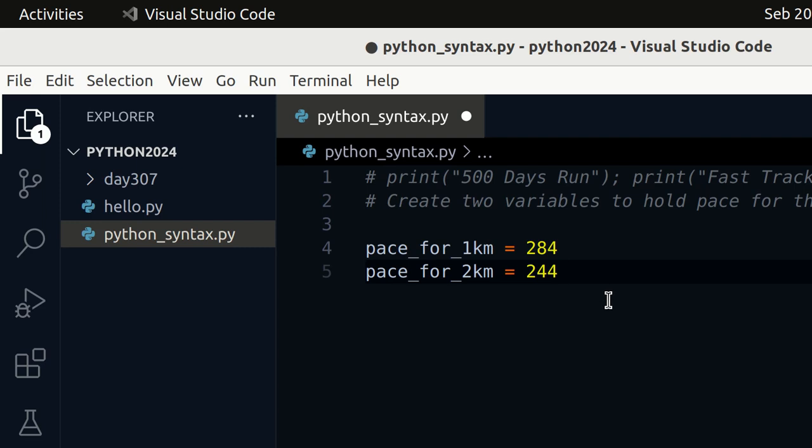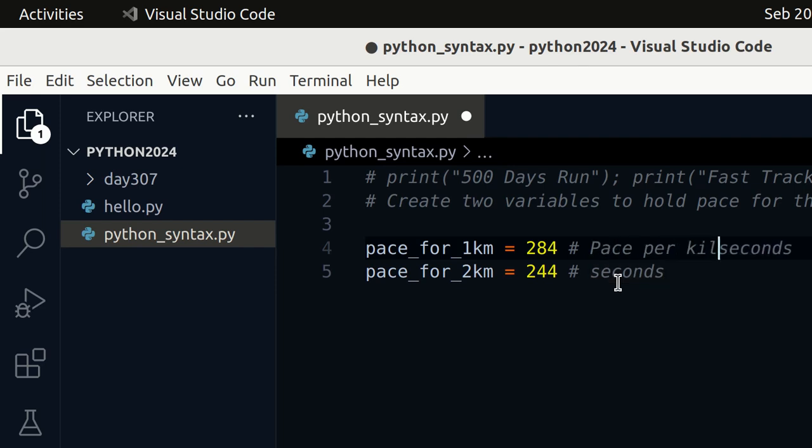So we will have 244 seconds. This one in terms of seconds, this one also in seconds. So pace per kilometer in seconds, pace per kilometer in seconds.